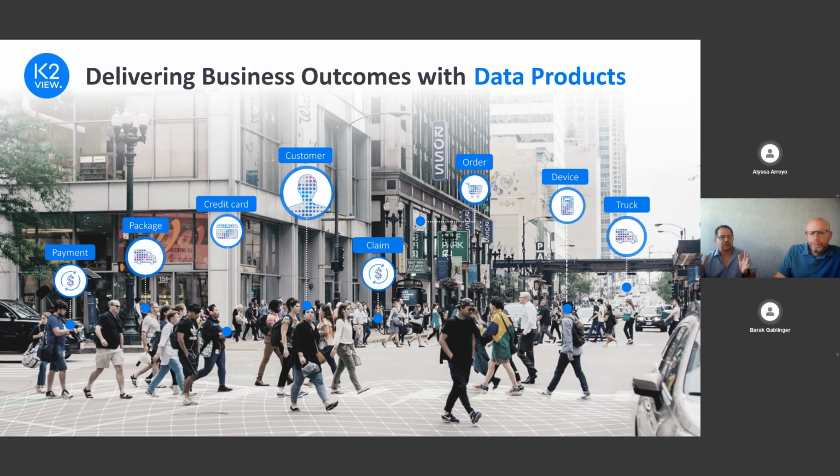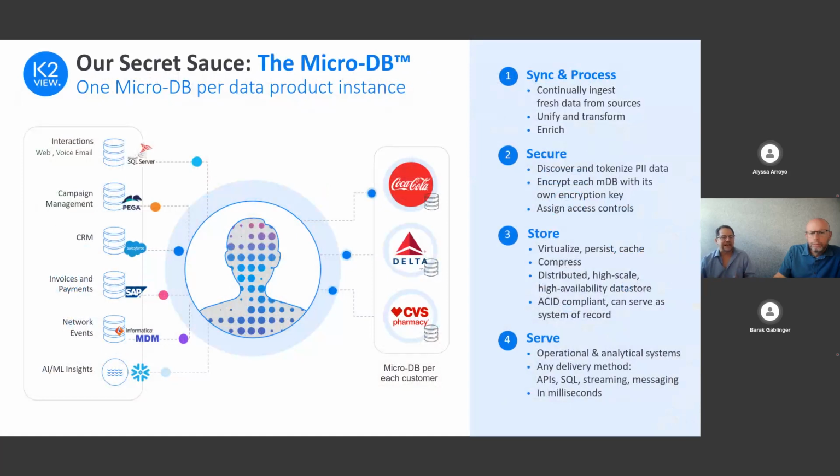Okay, so now that we have this data product, let's look at how it works. We focus here on the customer entity, but this can apply to any business entity, anything that is suitable or that you need in your market, as you stated. It can be the customer, and alongside it, for example, a credit card, an order, or an office, a supplier, an employee, whatever. We are very agnostic and flexible in that way.